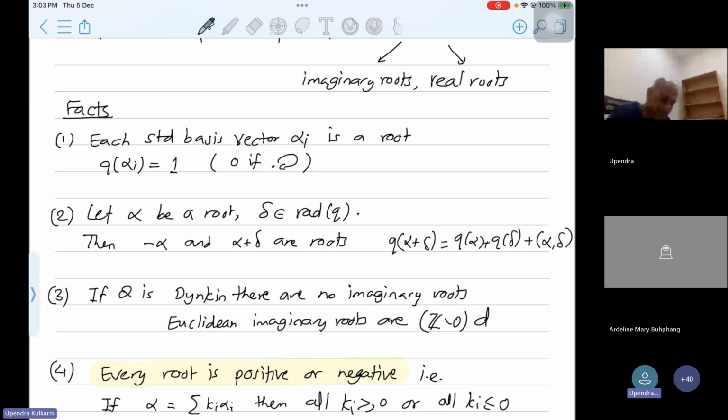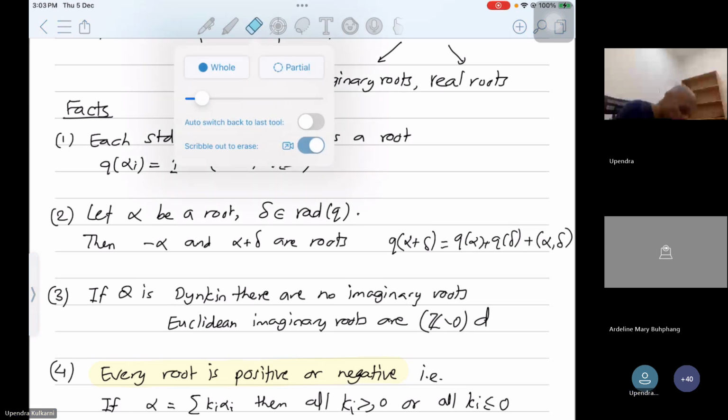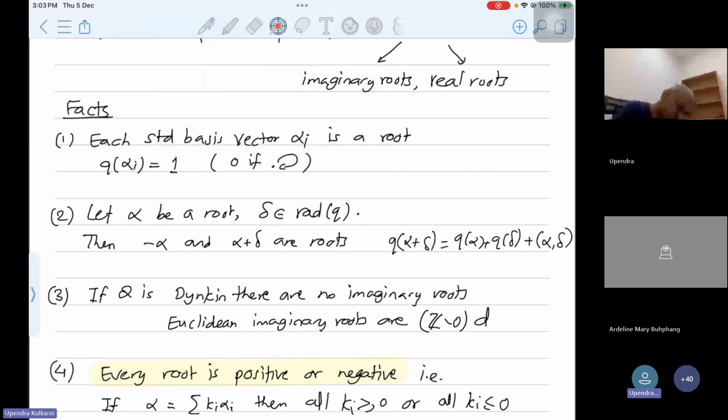And now everything writes itself out. Q of alpha is a root, therefore this quantity is either 0 or 1. This quantity is 0. Remember, delta is perpendicular to everything, including itself. And of course, the form of alpha and delta is also 0. So both of these terms are 0. So Q of alpha plus delta is